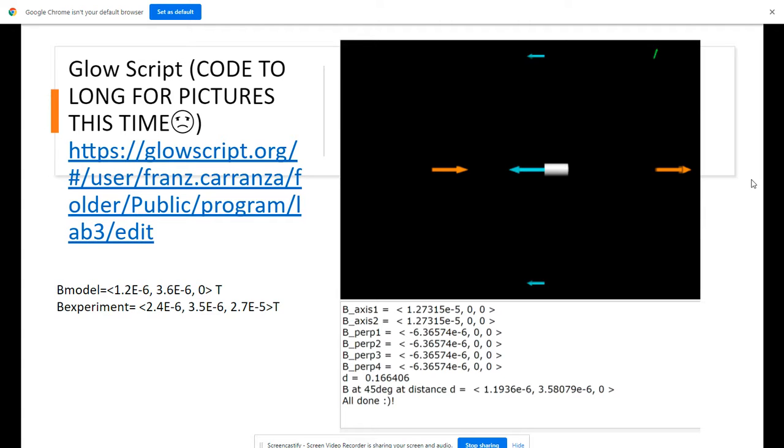Closed grip modeling is used to compare experimental versus computational results. The blue arrows represent the magnetic field on the perpendicular axis. The orange arrows represent the magnetic field on parallel axis, and the green arrow represents the magnetic field at a